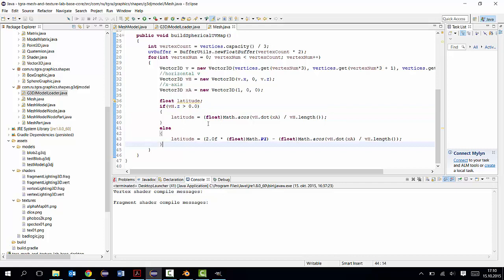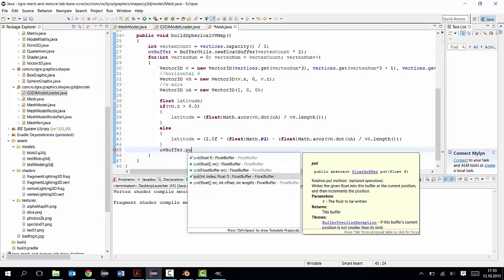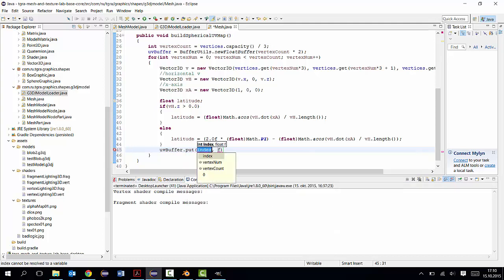So now we have the latitude, except the latitude is in radians. Now we actually want to say UV buffer dot put, and we want to put a float into a particular index. So the index will be vertex num times 2, because that's where we're at the vertex, and the number